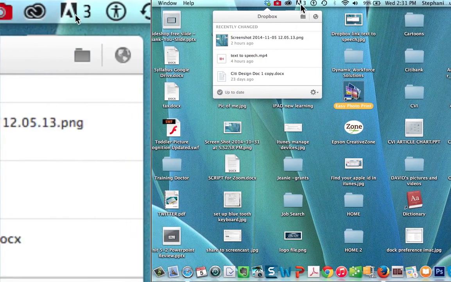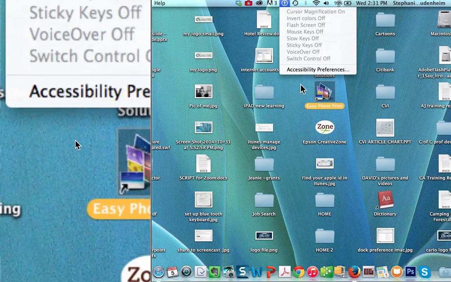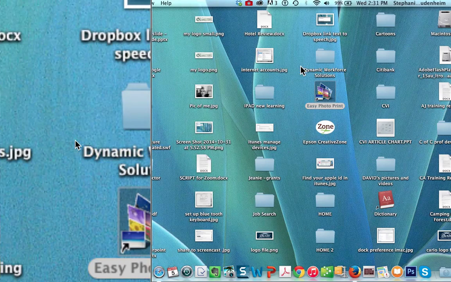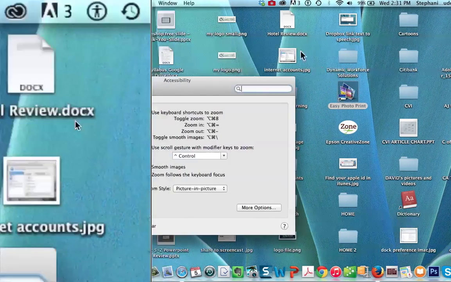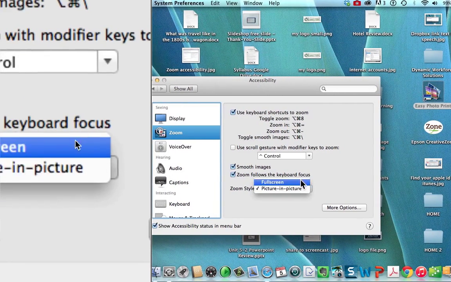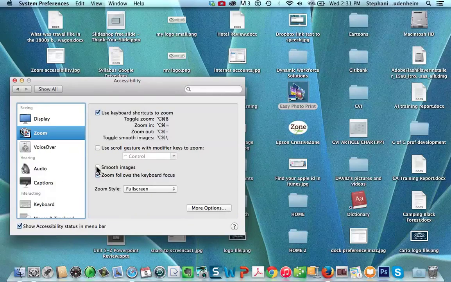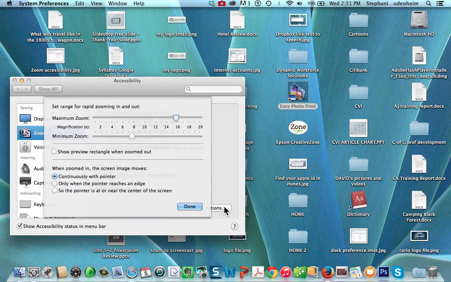I feel like to get out of this magnification stuff, there was probably a shortcut which I haven't figured out yet, but I go back into my accessibility preferences, and if you went back to full screen, it takes you back to the normal screen, but I'll have to look into what the shortcut might be for that. So let's look at the third option, which is clicking more options here.